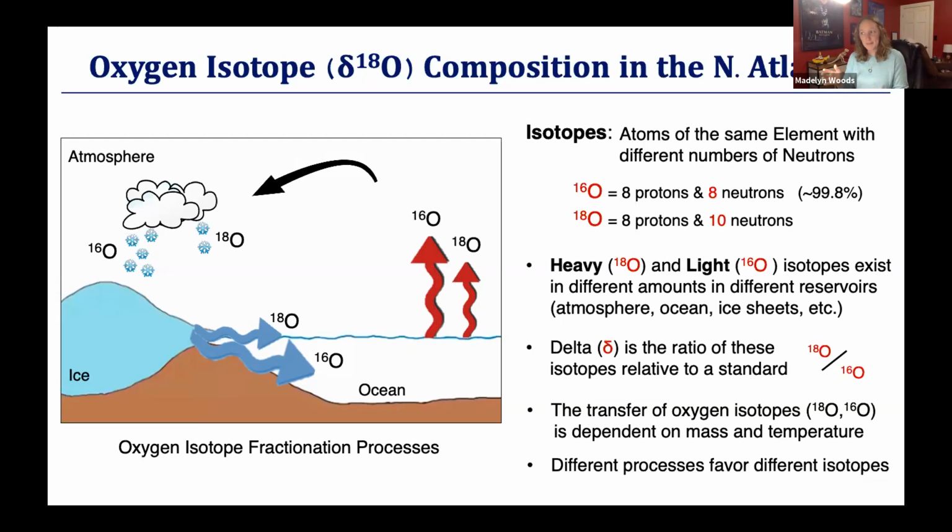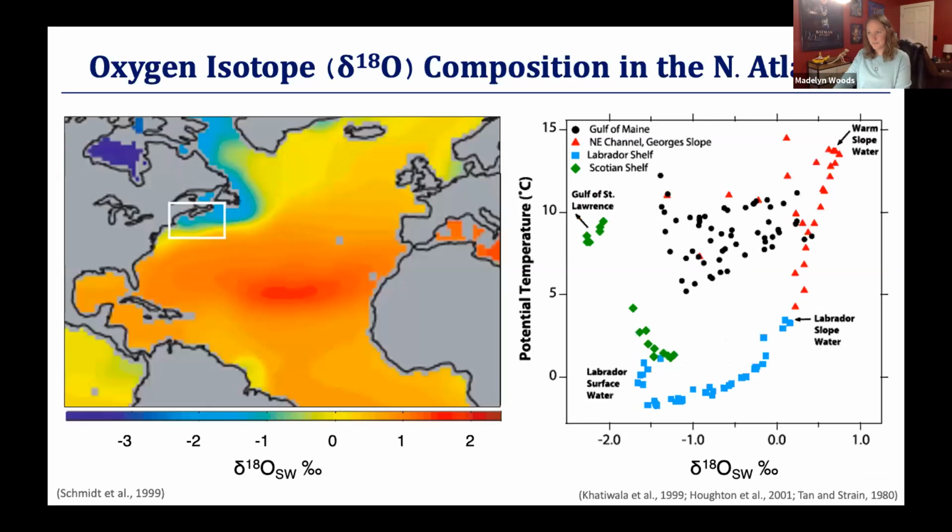And there are other factors that play roles in the isotopic composition of seawater, but in the Gulf of Maine, we're mostly concerned with temperature and ice as major drivers. So on the left, you can see a map of the delta O18 measurements from the upper 5 meters of the water column. And you can see just how much it varies spatially in the North Atlantic. And on the right, you can see the major water masses that I was talking about earlier, characterized by different O18 signals. So here we have the Gulf of Maine in black,